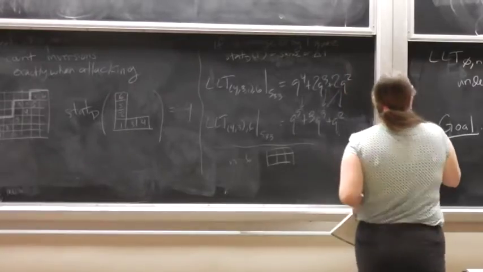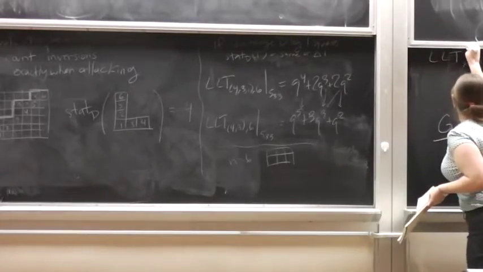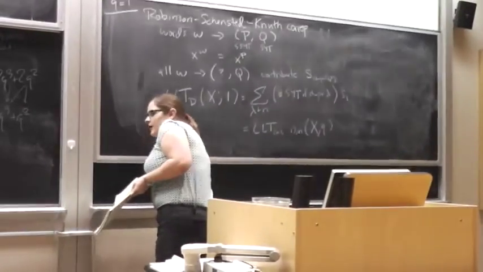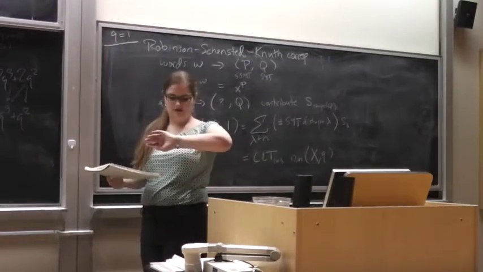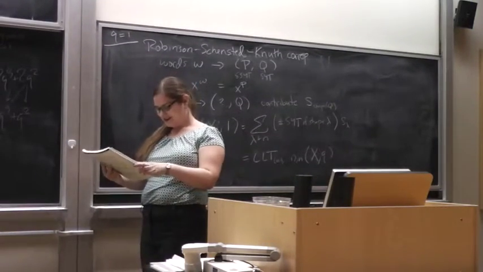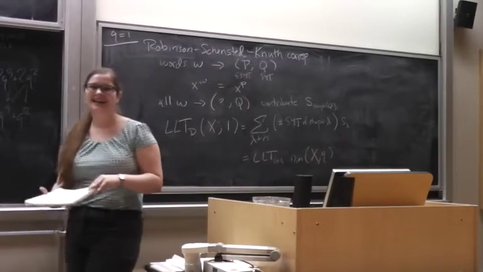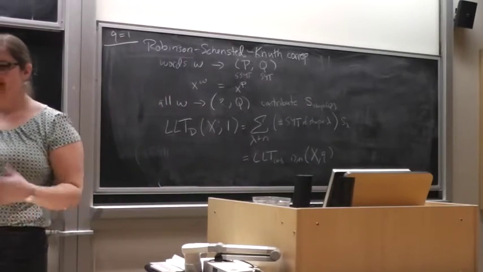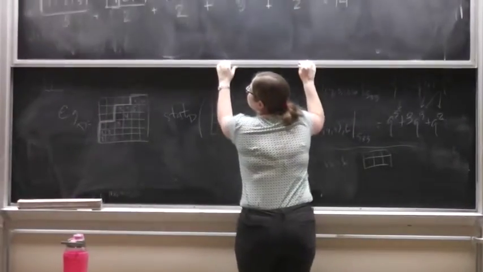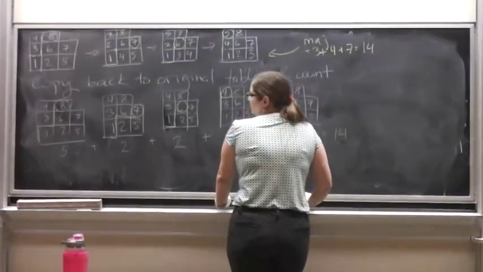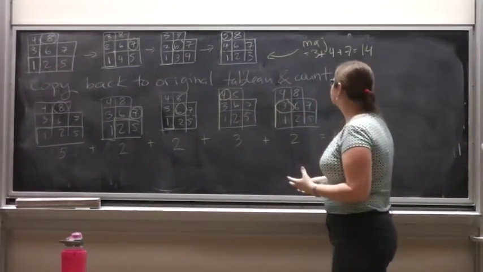And one reason for that is that these LLT polynomials have a nice product structure. What time is it? Oh no. I wanted to say so much more. So our main idea right now is to try to not cycle everything, but only cycle those numbers that are being attacked. So if